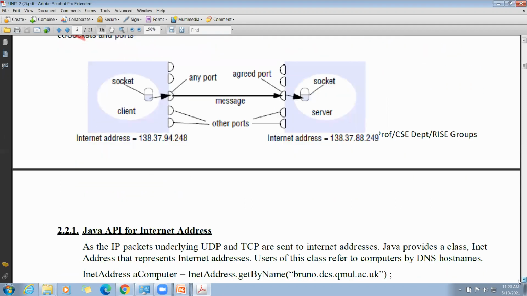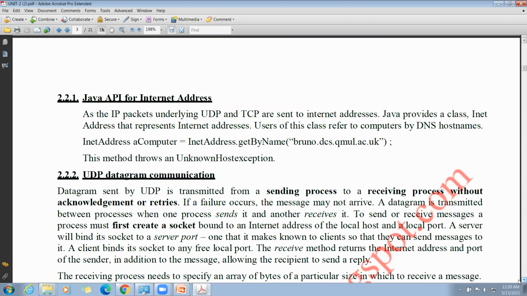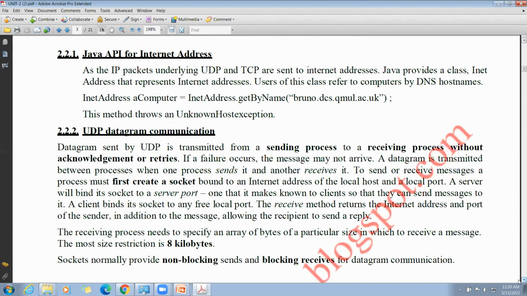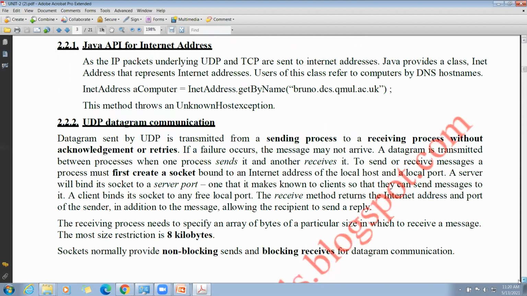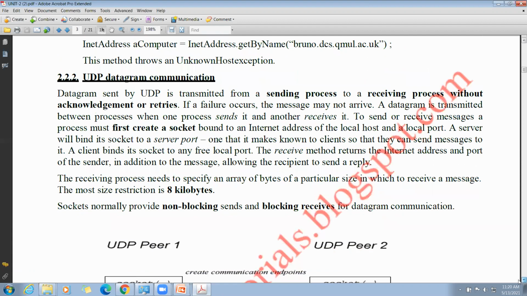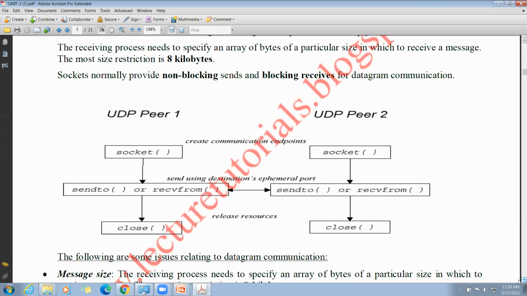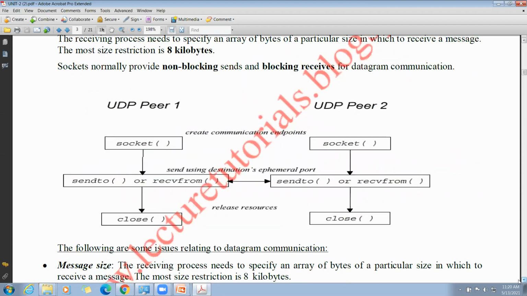After that, we discussed UDP datagram communication, where we have some issues. This diagram represents how UDP peer-to-peer systems communicate. First, as I told you, they need to establish a socket.